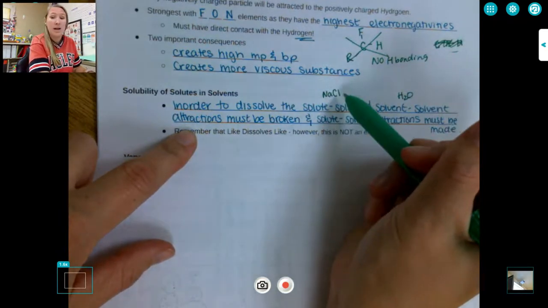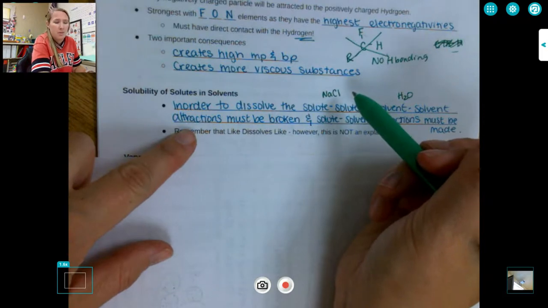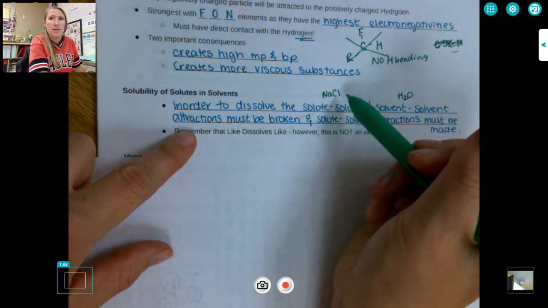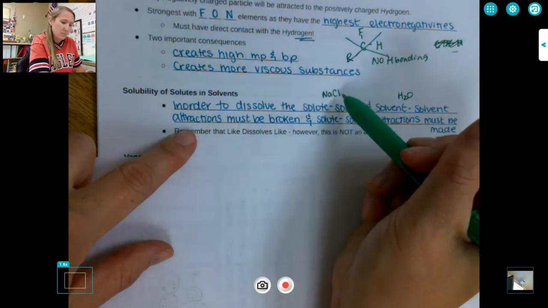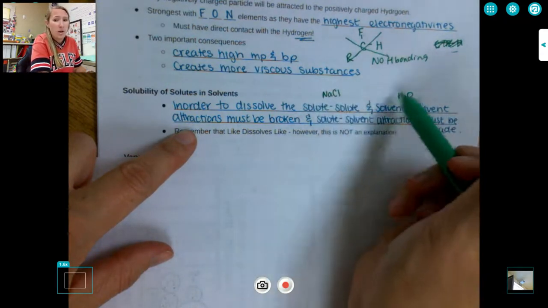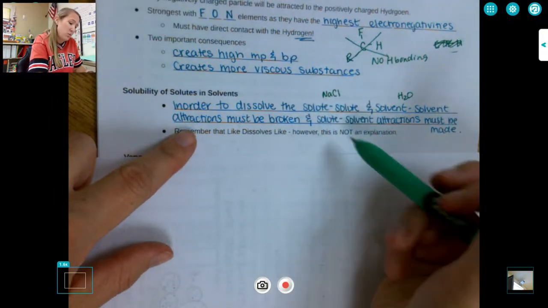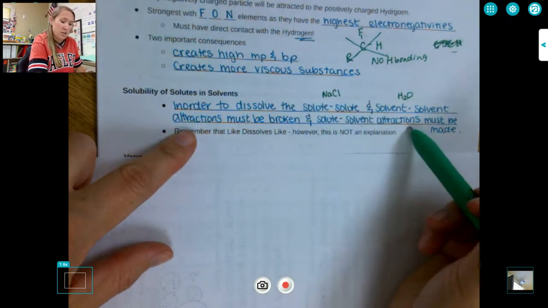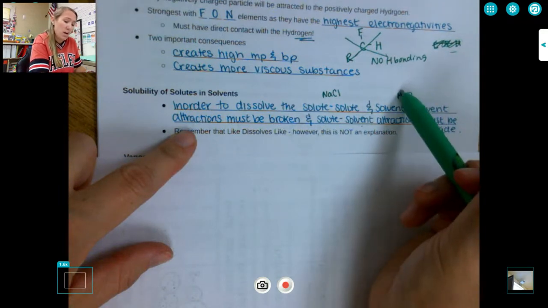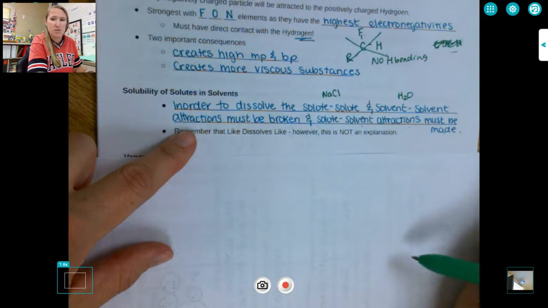And sodium chloride molecules, which really are ions in ionic compounds, make that beautiful crystalline lattice. They're all attracted to each other. So in order for water to dissolve sodium chloride, I have to make solute-solvent attractions. And this water has to be able to come in and overcome the attractions that my solute already has to